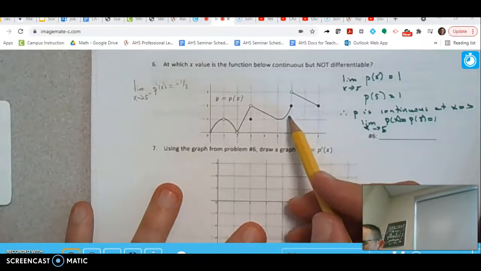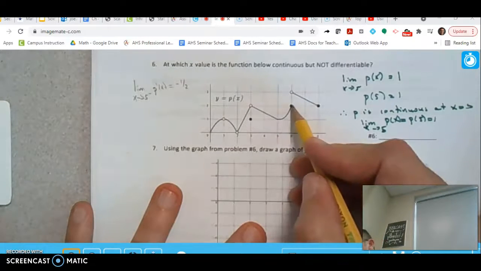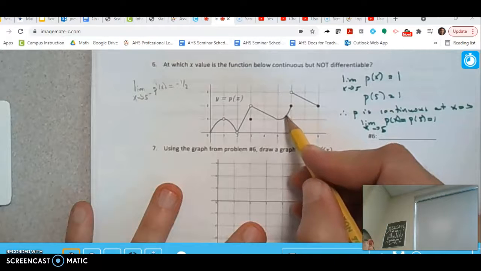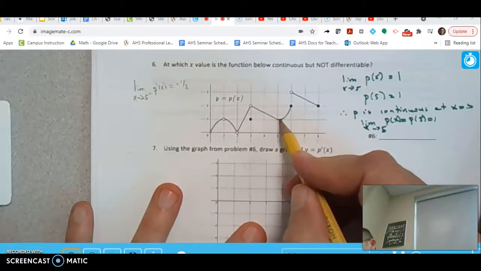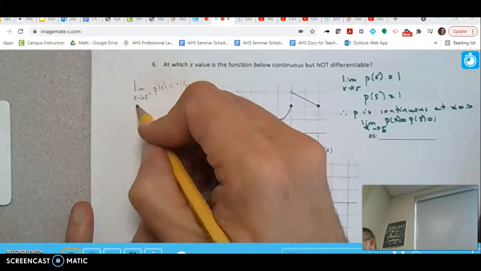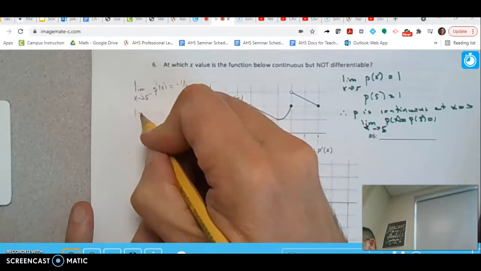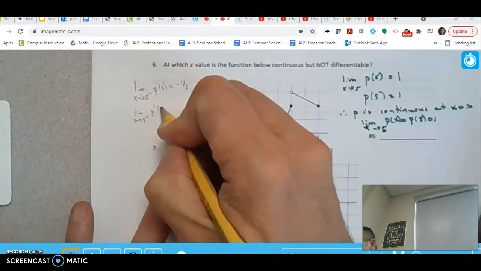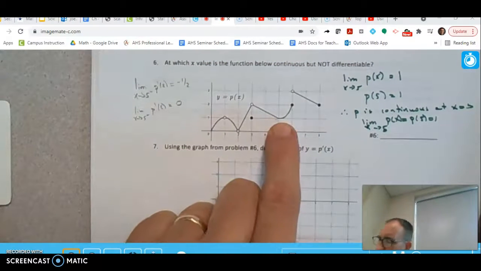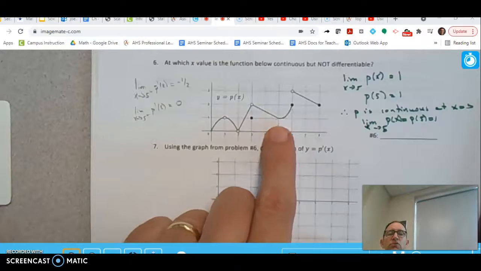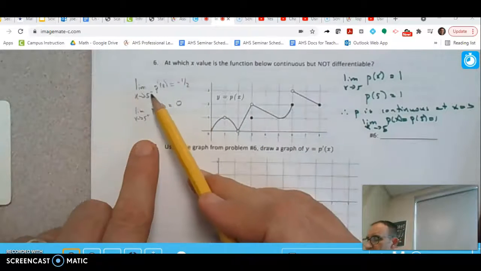Now, as I approach 5 from the right, it looks like the tangent lines here, that tangent line, this tangent line, and the next tangent line, their slopes are getting flatter. So the limit as I approach 5 from the right of the derivative of the function appears to be going to 0. So this is not differentiable at x equals 5 because the limit as I approach 5 from the